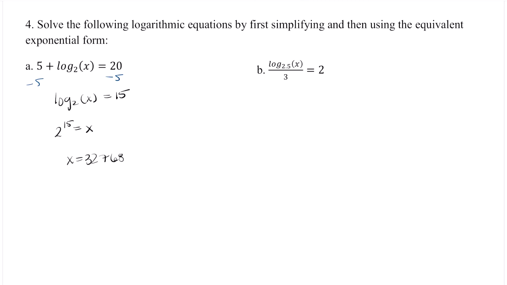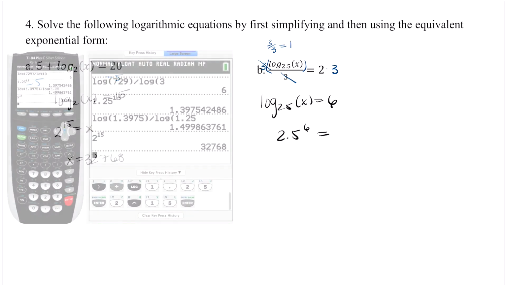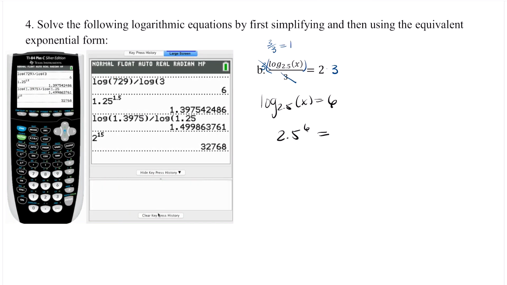All right, so let's do this one. This one looks a little different, part B, and that's because we have to multiply both sides by 3 first. Multiplying by 3 eliminates the 3 in the denominator on the left-hand side, since 3 divided by 3 is equal to 1. So I have log base 2.5 of x is equal to 6, or 2.5 to the 6th power equal to something. So on our calculator, let's see what we get. 2.5